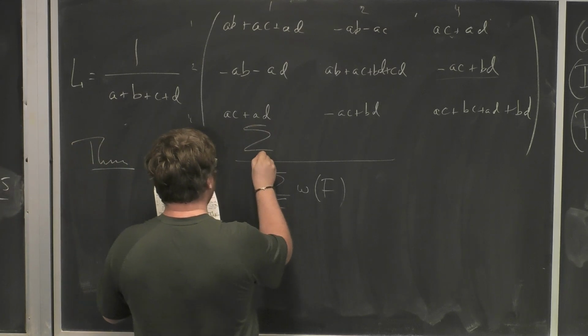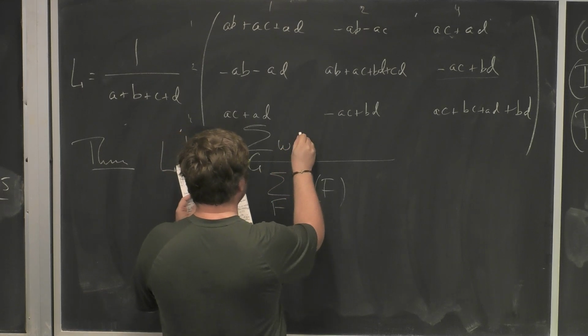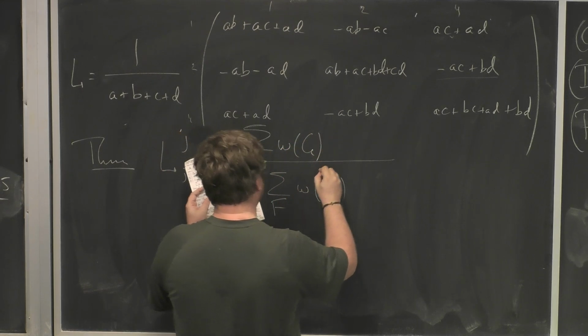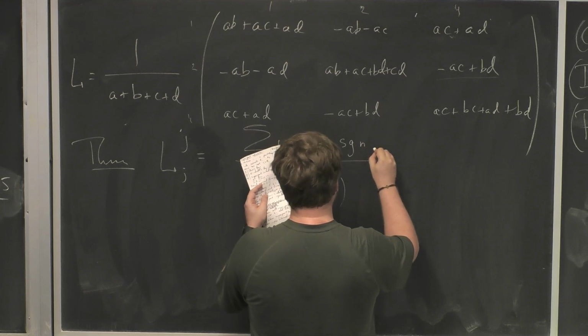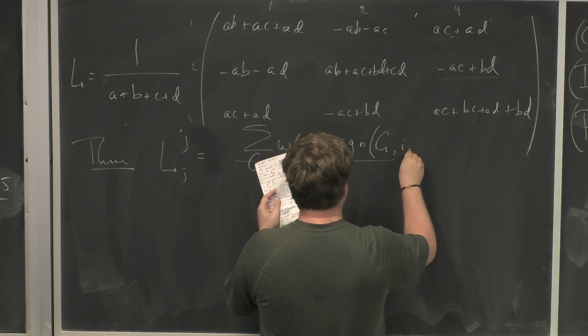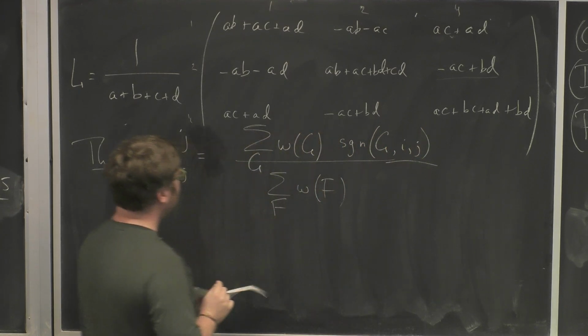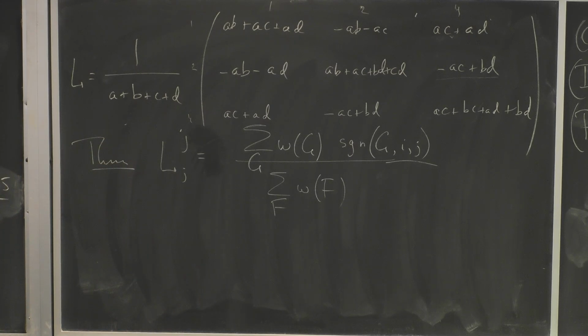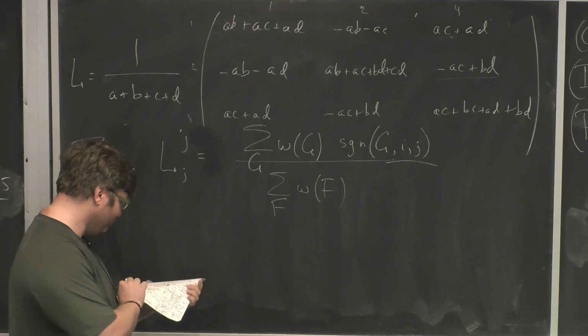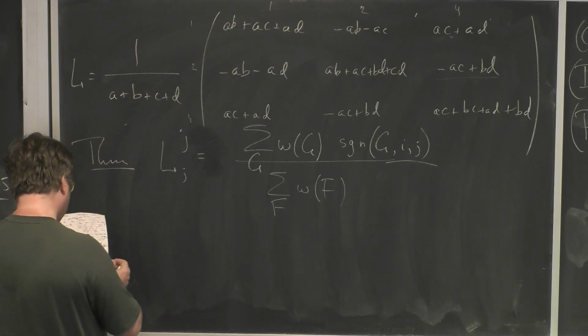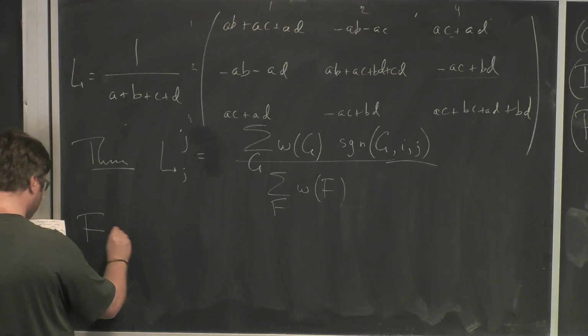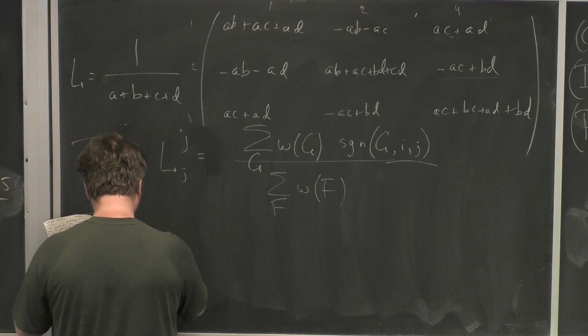And there's a sum over something in the numerator, which will be the weight of those somethings times the sign of this particular something, G. And now I need to tell you what those sums are over and how to determine the sign. So F will be so-called